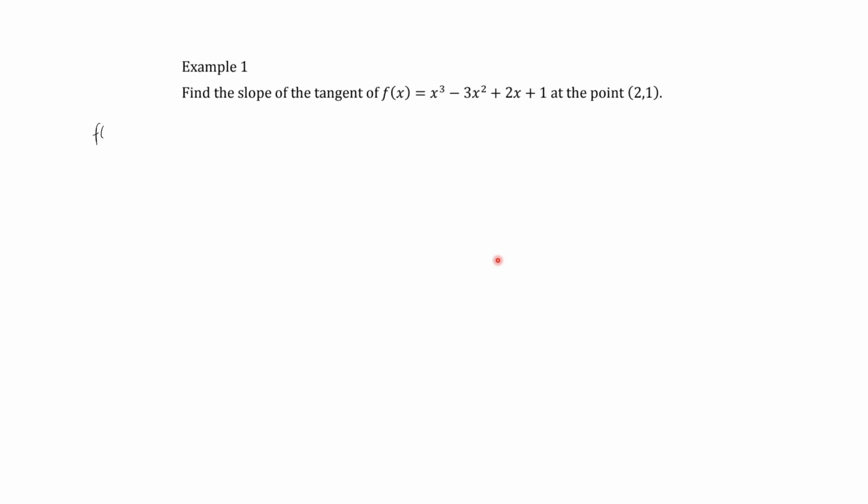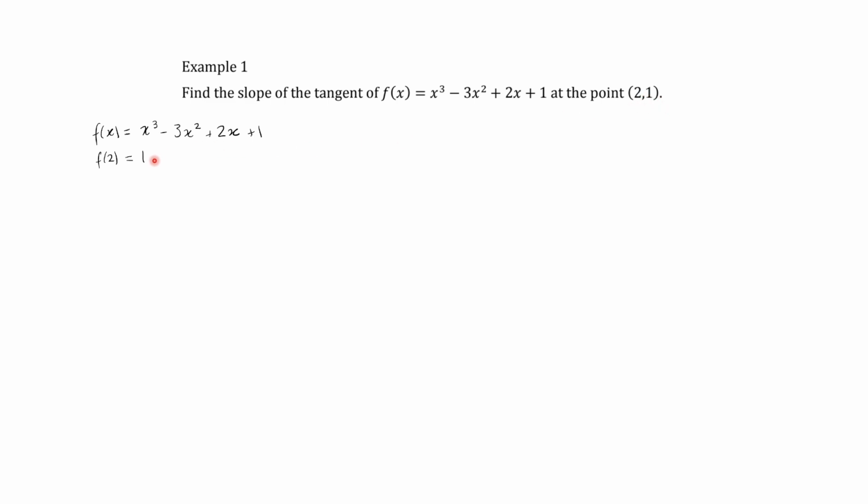Well, we know that f of x is equal to x cubed minus 3x squared plus 2x plus 1, right? So we also want to know what the value of the function is when x is equal to 2,